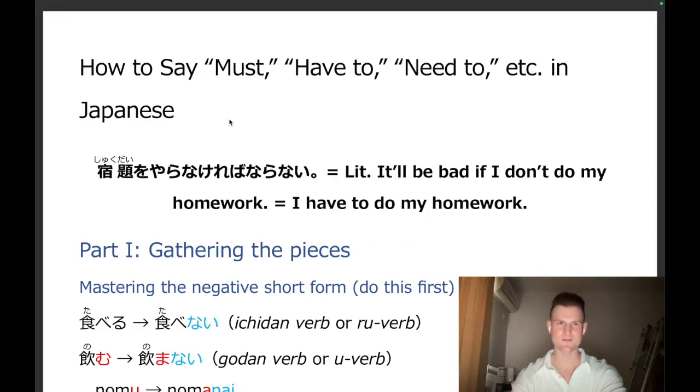In this one I'll be talking about how to say must, have to, need to, etc. in Japanese. Okay, so we're going to start here with this example sentence. So let's look at this together. 宿題をやらなければならない。Okay, so this is literally, it'll be bad if I don't do my homework, or in other words, I have